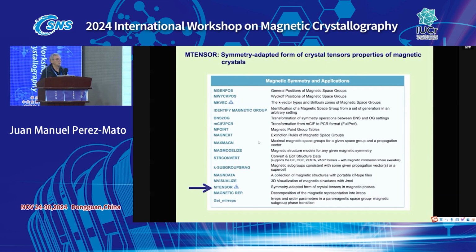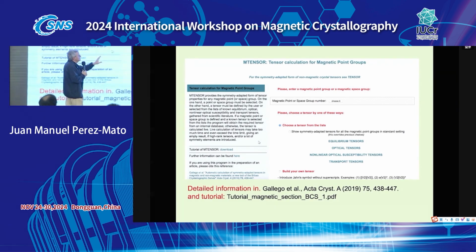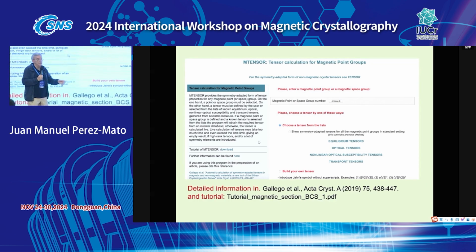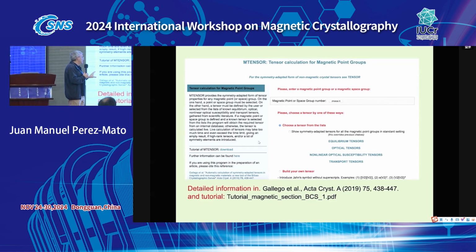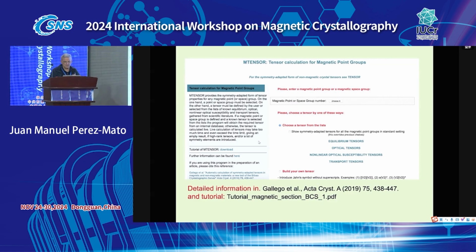You have in the Bilbao server a very useful program, which is MTENSOR, where, once you know your magnetic space group, you can go there. This is the main page, where you have all kinds of tensors that you can investigate, from equilibrium ones, optical tensors, nonlinear optical properties, and transport tensors like Hall effect and things like that. If you are interested in this program, the best thing is to go to the original paper where the program is explained in detail with many examples. But just to show you how it works,